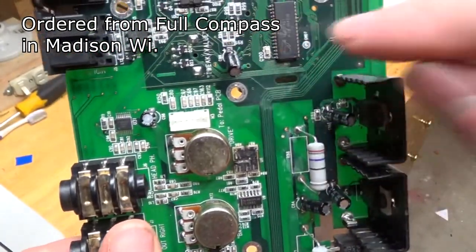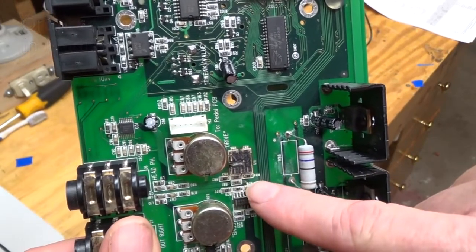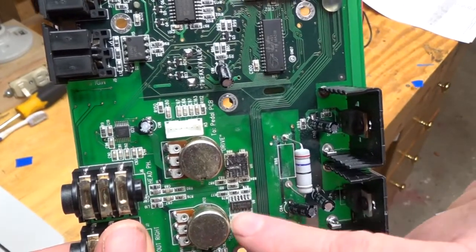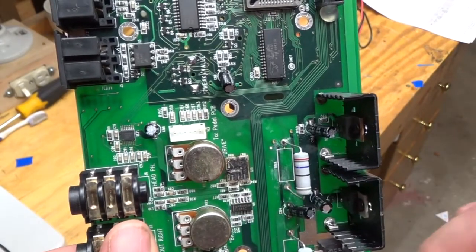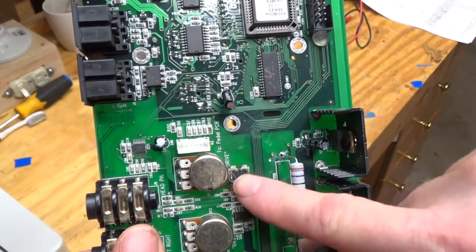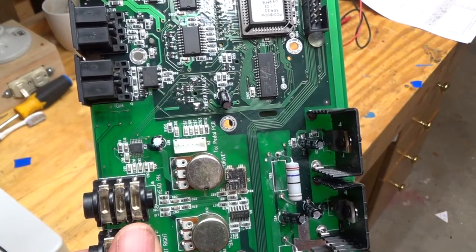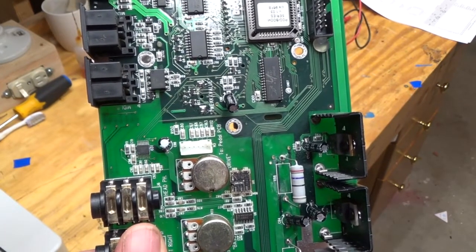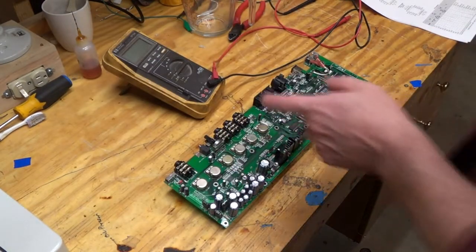Okay, so I've gotten the op amp kind of all cleaned out there, and it doesn't seem like it's shorting at all, and I've also drawn a nice circuit diagram based on this other one. I think this is the right channel and this is the left channel, going into the headphone jack. And so before I try to get that all working again, I have my power supply, which this did not come with, and I'm just going to start looking at the voltages and see what we're looking at there. And I don't have the schematic,